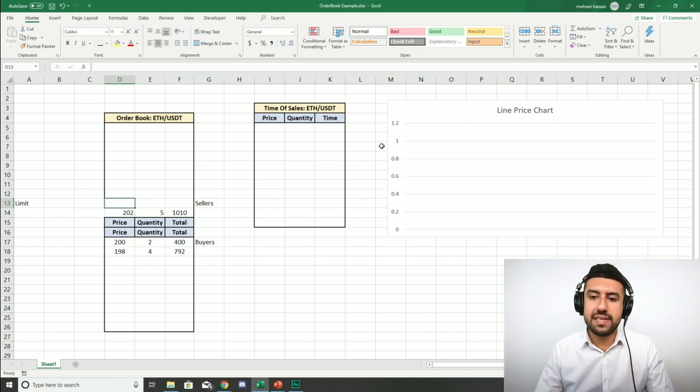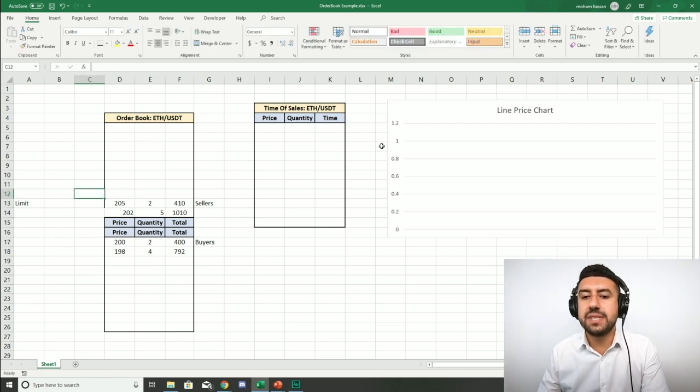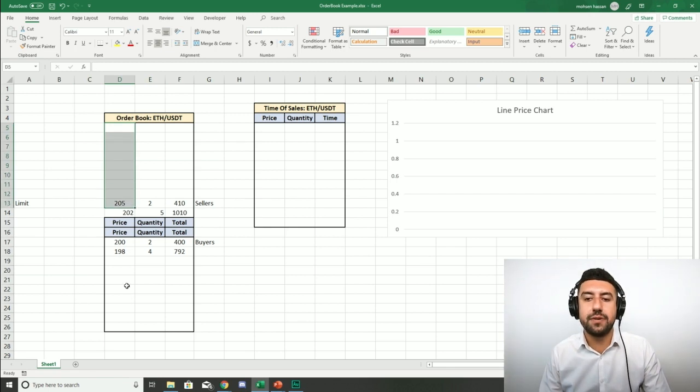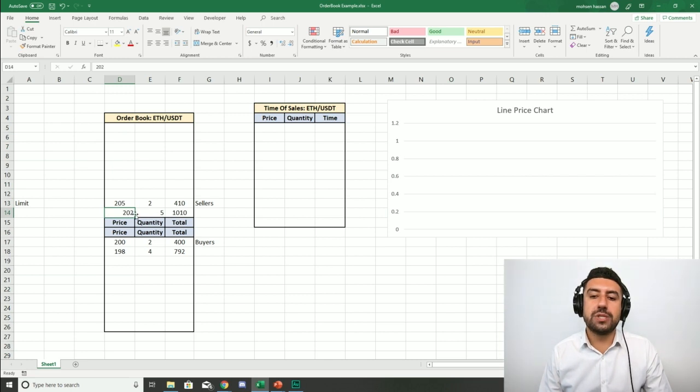Okay. Let's send some more orders. Let's say somebody else wants to sell some at 205 for 2 Ethereums. Now let's say somebody comes in and wants to sell some at $201, right? What's going to happen? Well, $201 means that these guys are going to be pushed up because sellers are ordered from highest to lowest. So it's the inverse of buyers. Again, because if somebody wants to buy, he'll prefer buying from somebody who's selling at a low price than somebody who's selling at a high price. So they're ordered from low to high, and here from high to low.